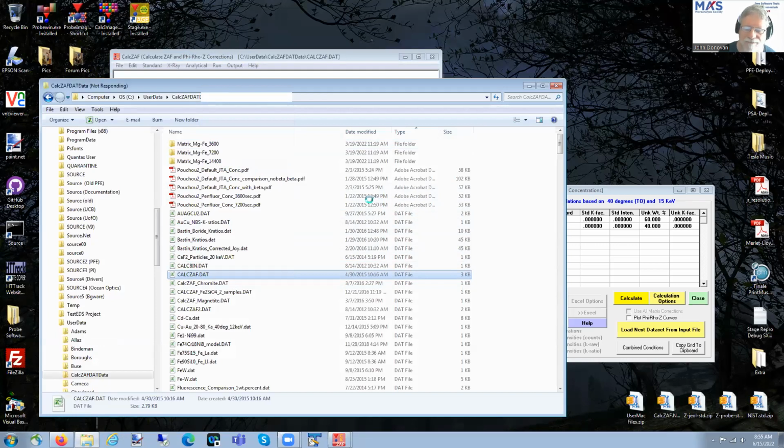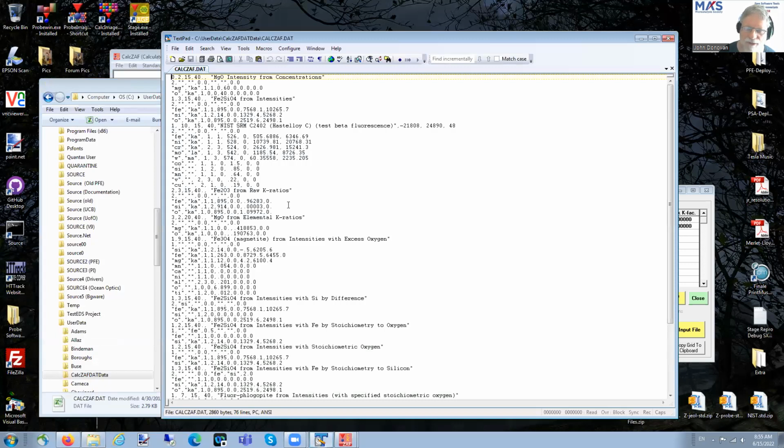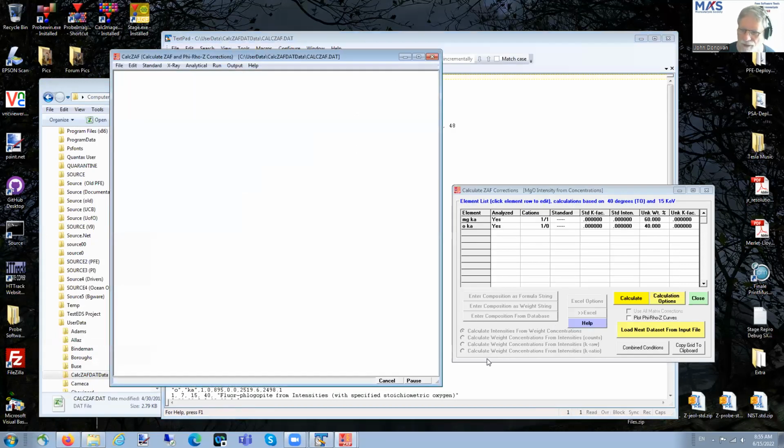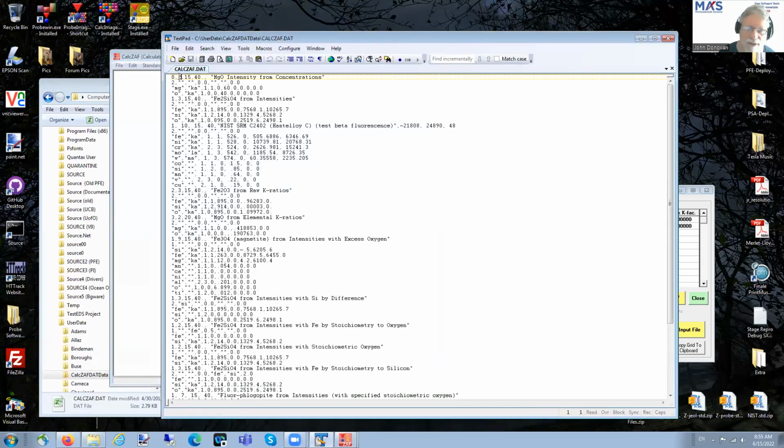it's roughly similar to the original format that John Armstrong came up with. There's a line here, which is essentially what mode you're in, which is this first selection right here. And then there is a number of elements, and then there's the operating voltage, the electron voltage, and then the takeoff angle. And you can have an optional name, and then you have a bunch of flags for calculations, and